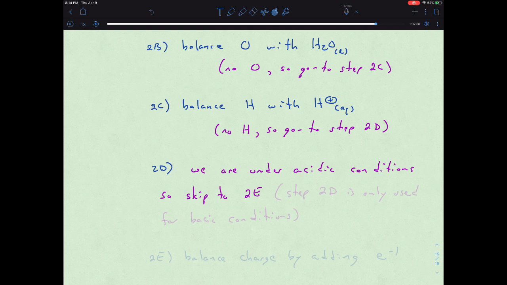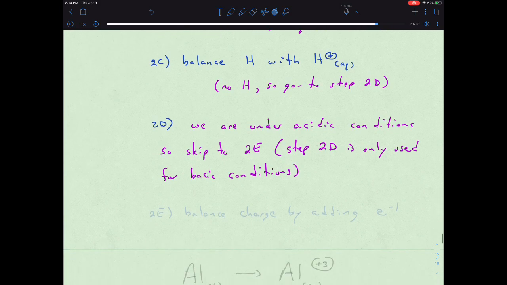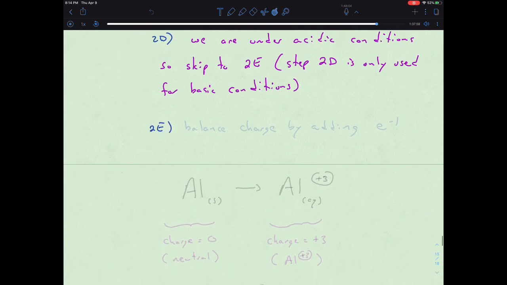So we can skip to 2E. Right, this step is only used for the basic conditions. So then we go to our 2E step. And so we want to balance our charge